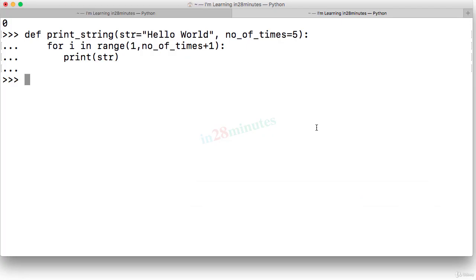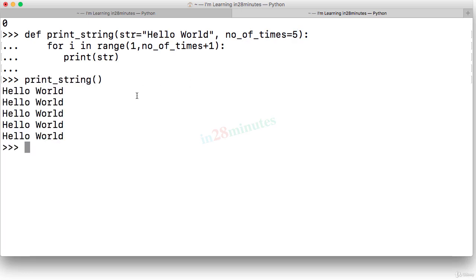Welcome back. In this video, let's look at a variety of puzzles related to methods. One of the things which we did earlier was we created a method called printString where we had default values for the parameters. So we said the default value for str is hello world, the default value for number of times is 5. This is cool because this allows us just to call printString and it would print hello world